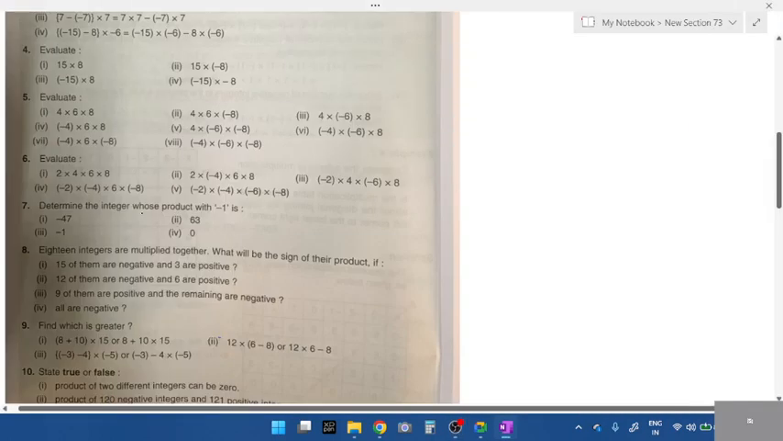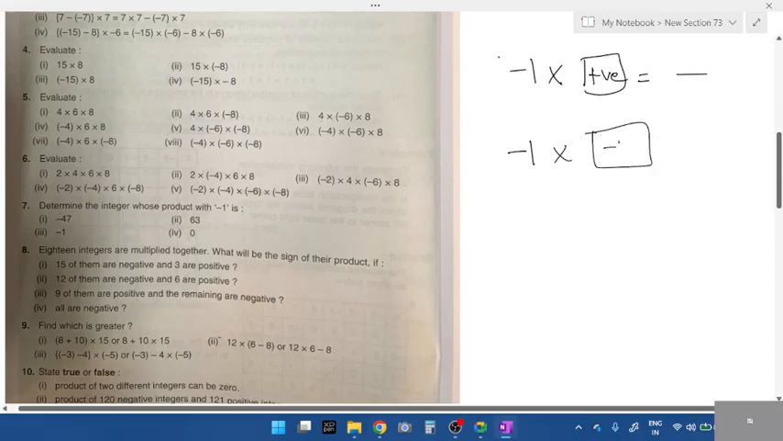Okay, now look at: determine the integer whose product with minus 1. See, whenever we have one minus sign, if you multiply with a positive sign, what is minus into plus? Minus into plus is minus. The same one, if you multiply with a negative sign, minus into minus is plus. So if I take this one,